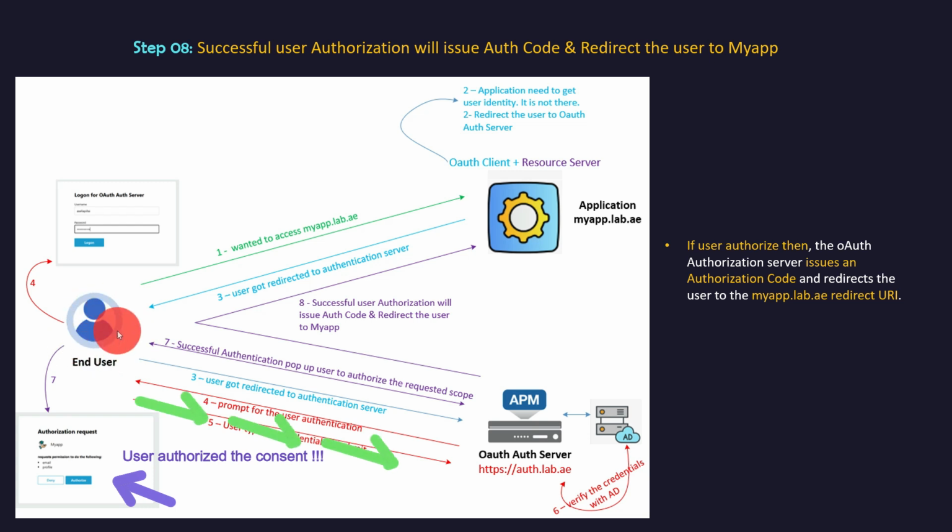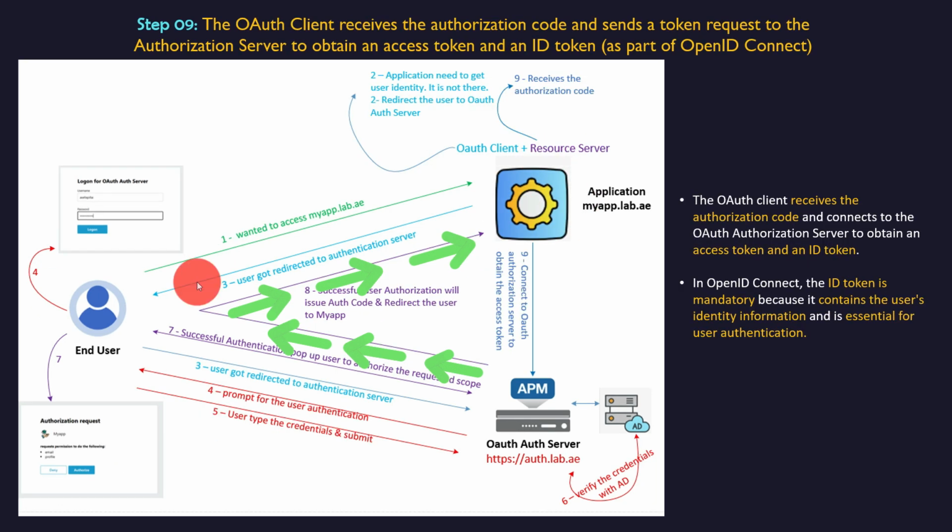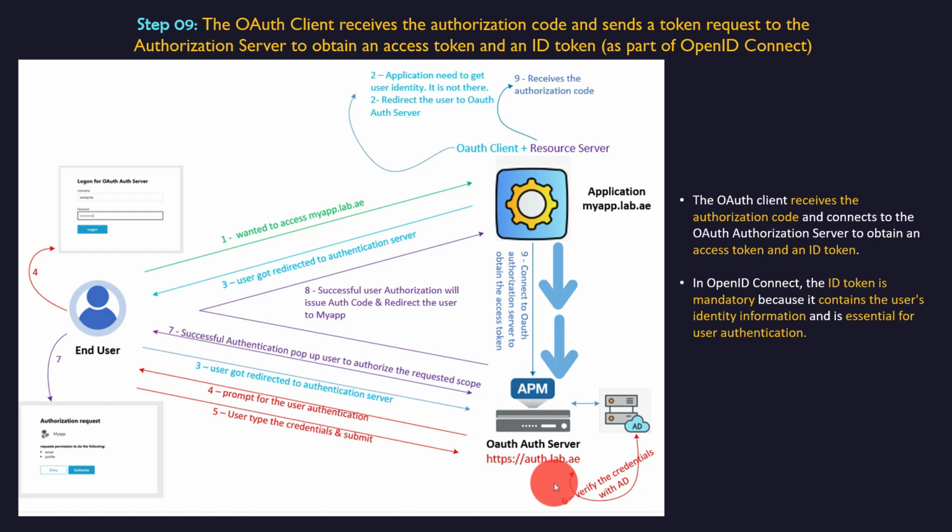Since the user authorized the consent, in step 8, the OAuth Authorization Server issues an authorization code and redirects the user to the myapp.lab.ae redirect URI. The OAuth client receives an authorization code via client browser. In step 9, the OAuth client creates the back channel to connect to the OAuth Authorization Server to obtain the access